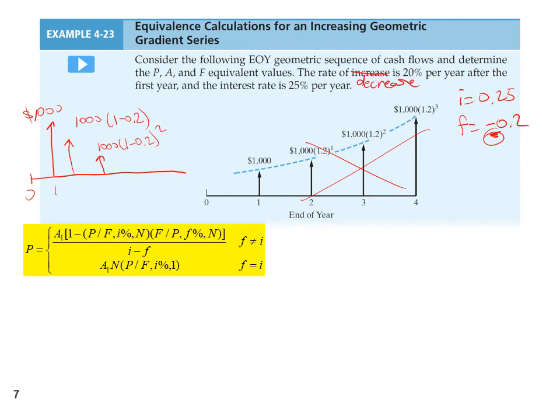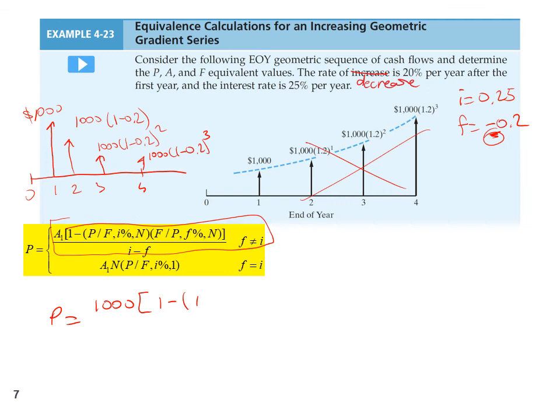So this would be 1, 2, 3, and for the fourth one, again, you will have 1,000 times 1 minus 0.2 to the power 3. Okay? So now we can use exactly the same formula to find the present worth. So it will be 1,000, the first payment, multiplied by 1 minus, okay, so it will be P given